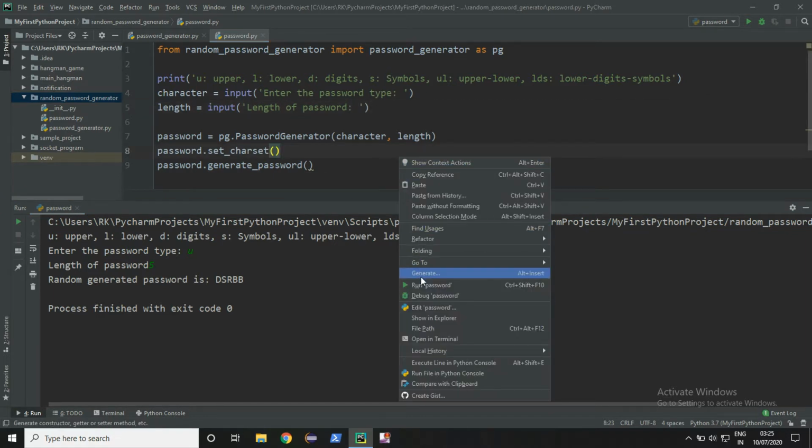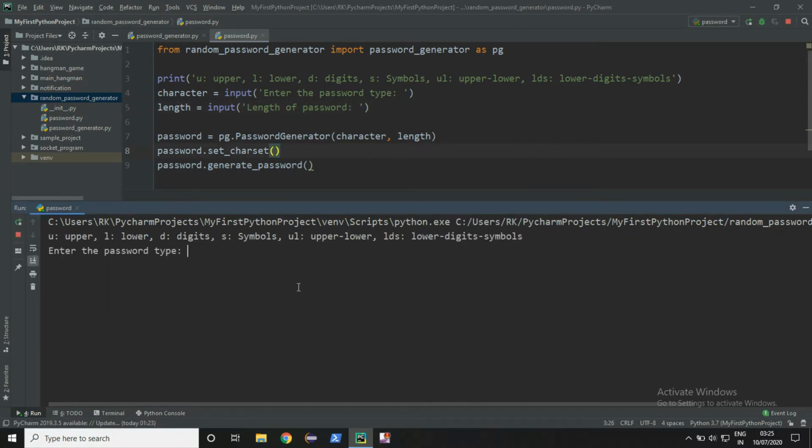Now let's run it again and enter multiple characters: U, D, L, S. Let the length be 16.